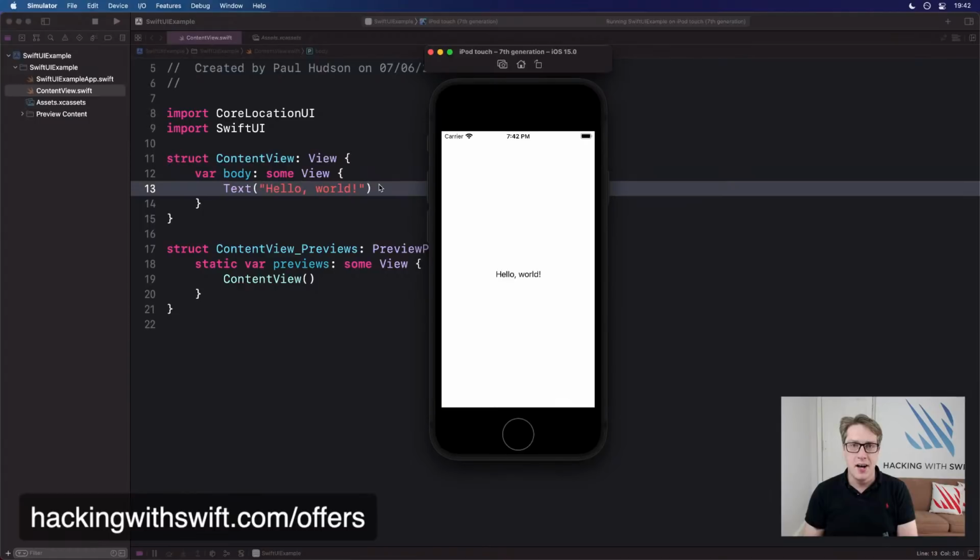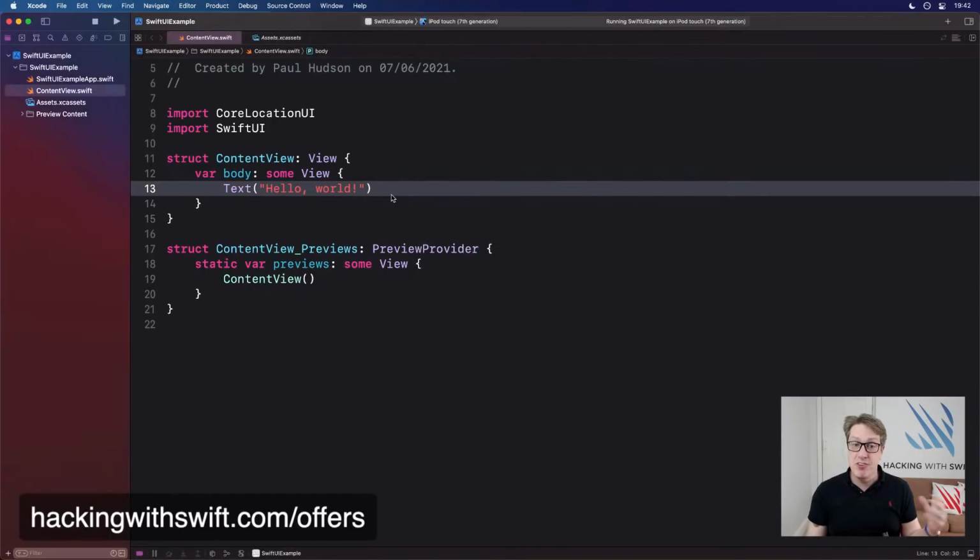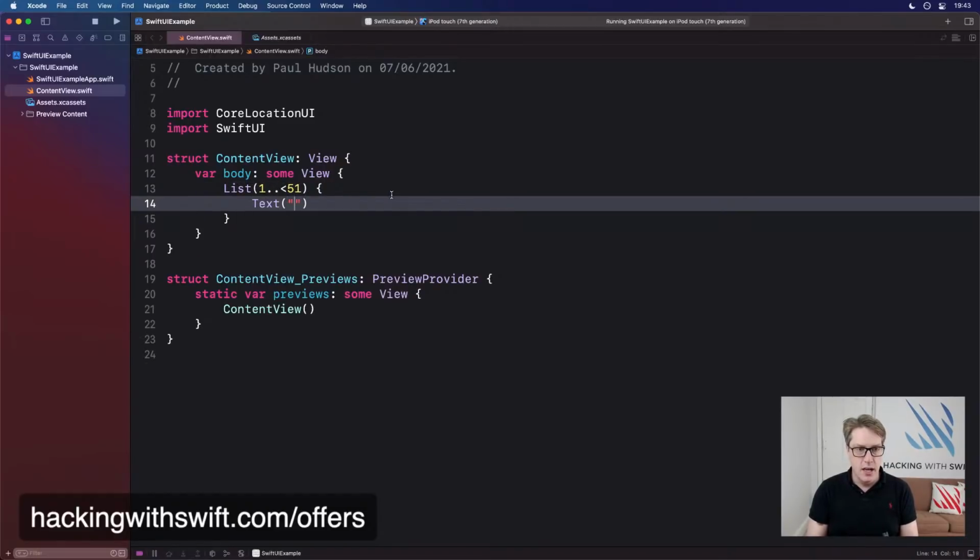For example, if you're sick of typing very, very long names to get your styles of stuff, that's been really shortened down thanks to the way Swift 5.5 works. For example, if I had a list of stuff, let's say a list of the numbers 1 to 51, let's just do that and do Text with $0.